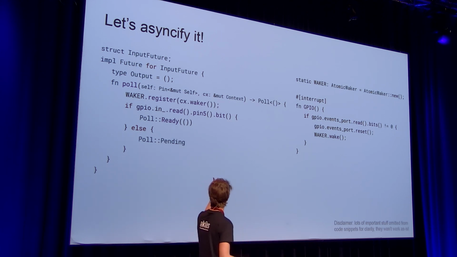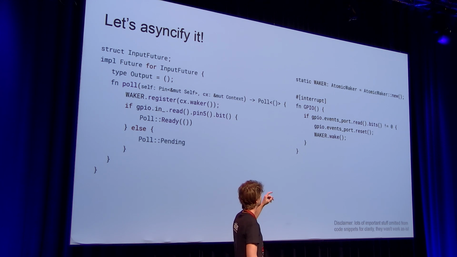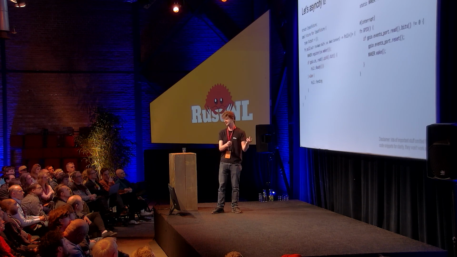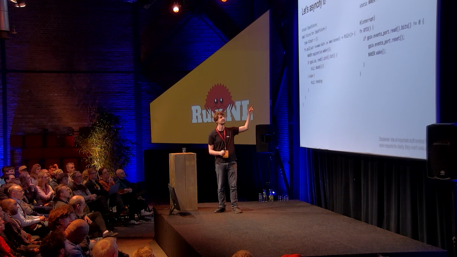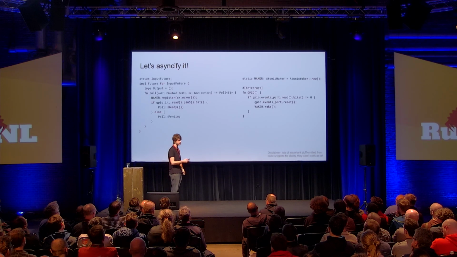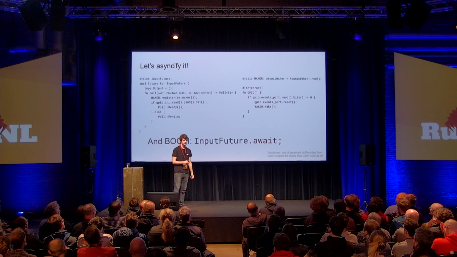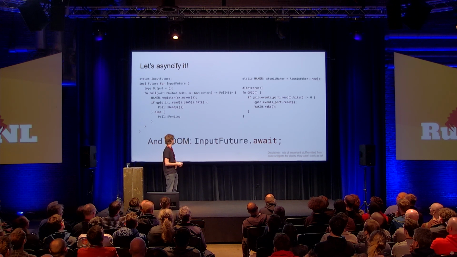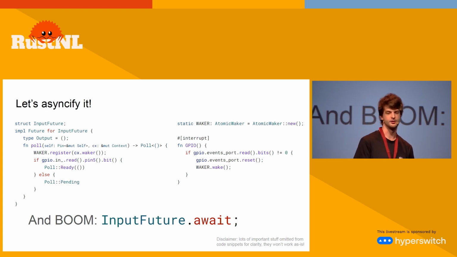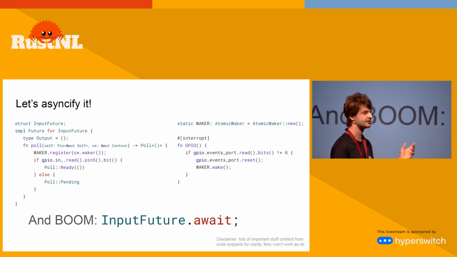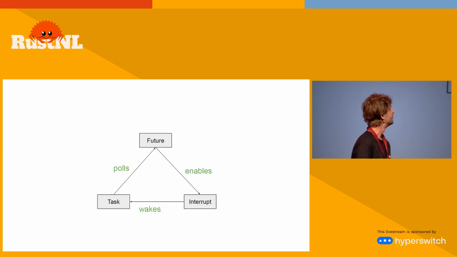And since we registered the waker in a global variable, the interrupt will fire, and when the interrupt fires, you wake the waker, which will put back the task into the executor's queue. It will get polled again. This time we will go into the ready branch, and then execution will resume. So once you've stood up all this infrastructure for peripherals, using async is really easy. You just await things, and you can use all the classic combinators and timeouts, join, select, whatever.